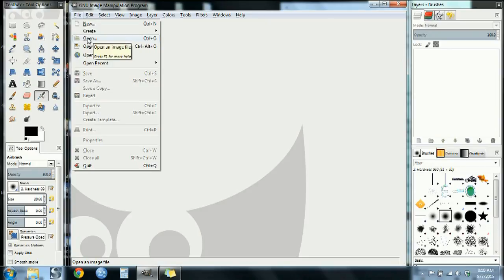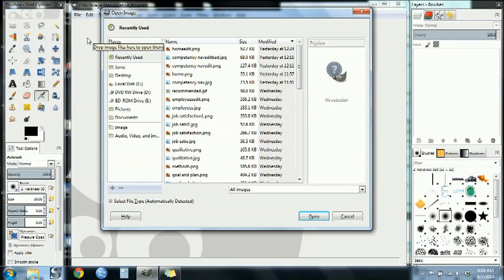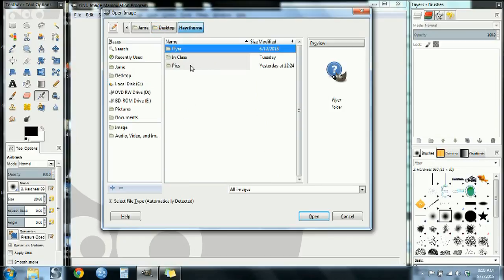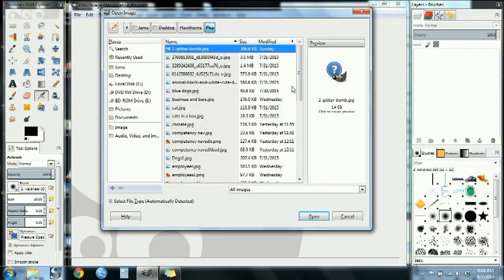So the first thing we want to do is go up here to the top left and go to File and Open. And on the left here, you can see that we have the different places on our computer. And once you click on something, it'll show you all the files in there. And this is a preview pane. More on that later. So I'm going to find the file that I want to work with,